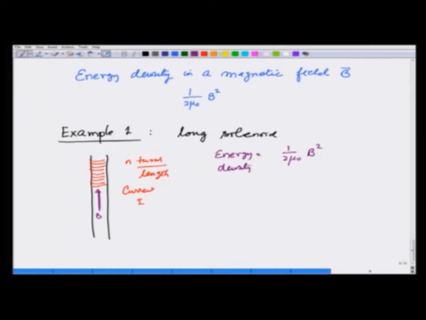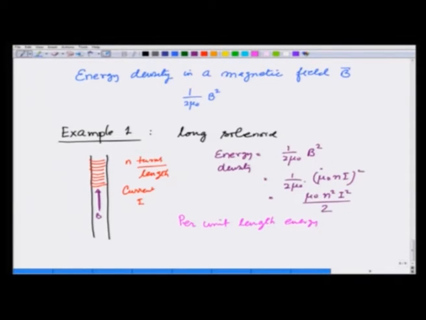B in a solenoid, I know what it is. So, it is going to be 1 over 2 mu 0. B is mu 0 n I square. Therefore, the energy density is given as mu 0 n square I square divided by 2. Let us see if this makes sense. Per unit length